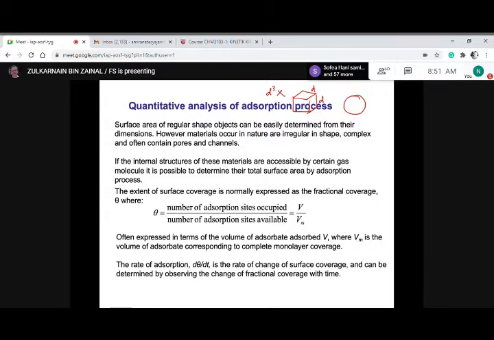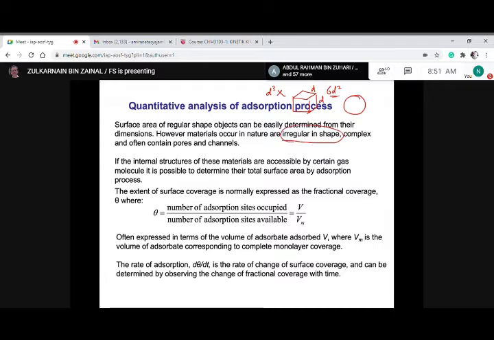So how many surfaces are here? 1, 2, 3, 4, 5, and then you have 6, right? You got 6, meaning 6 times d square. That is the area of the cube. It is easy to get the area of material like this. All right. But if you have irregular shaped material,